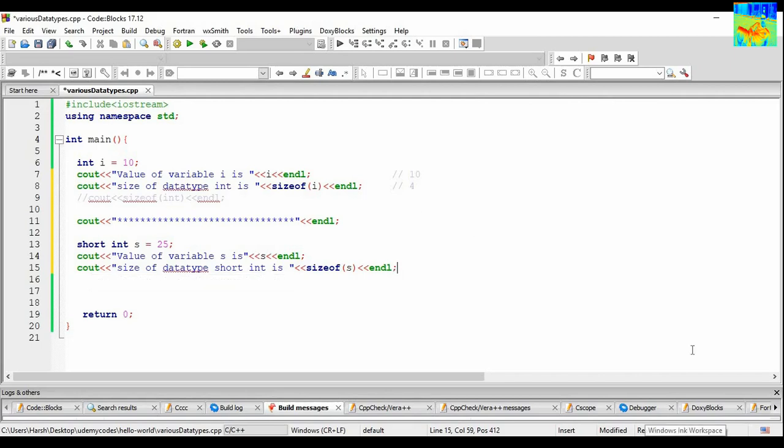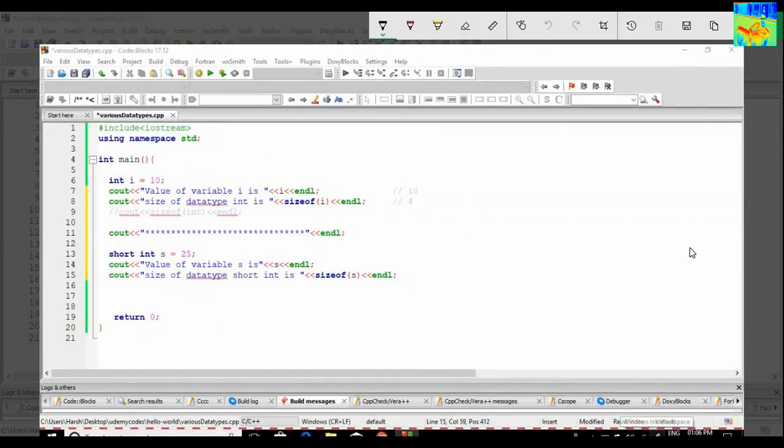Okay, so what should be my output? The value of s is 25 and the size of s is 2 bytes. So my output should be 25 and 2.